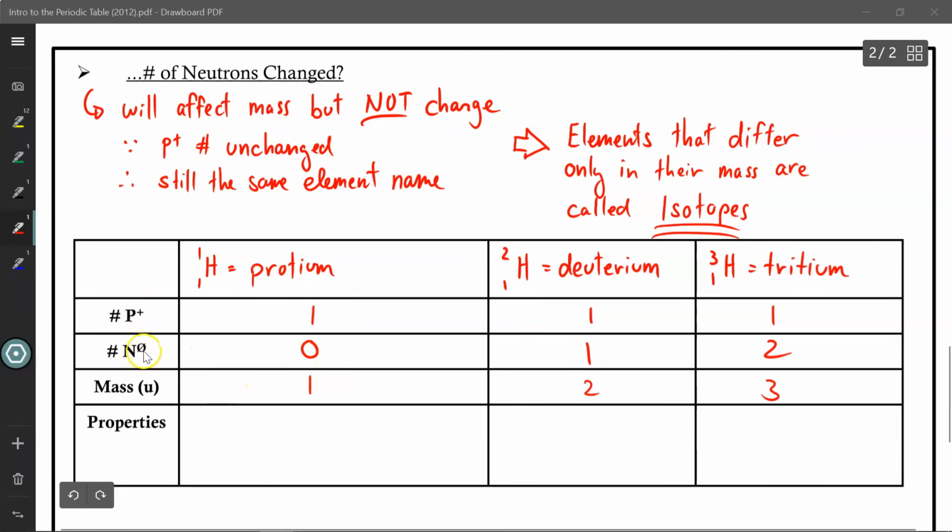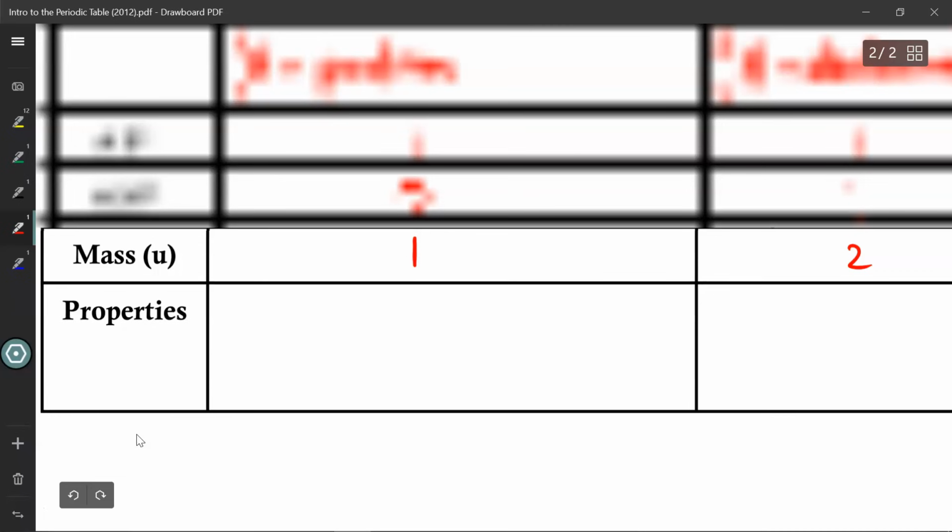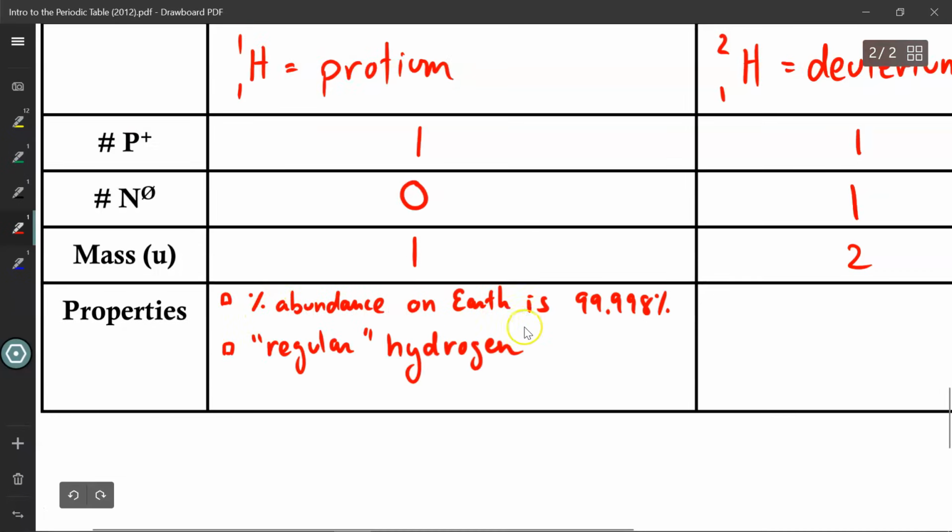Again, protons and neutrons have a mass of approximately 1 atomic mass unit. So 1 plus 0 equals 1 atomic mass unit. 1 plus 1, 2 atomic mass units. And 1 plus 2 is 3 atomic mass units. Even though all 3 are considered to be hydrogen atoms, because of their different mass values, they will have different physical and chemical properties. With protium, its percent abundance on Earth is 99.998%, meaning